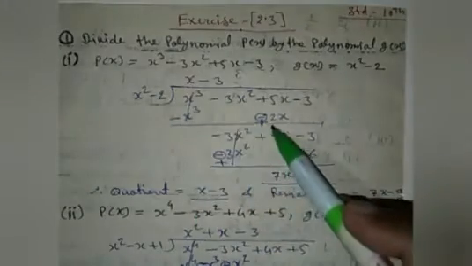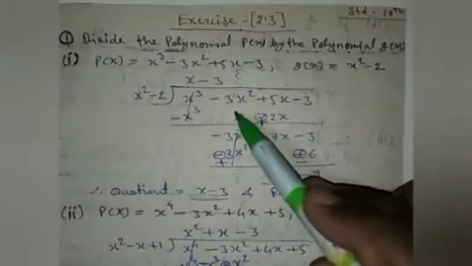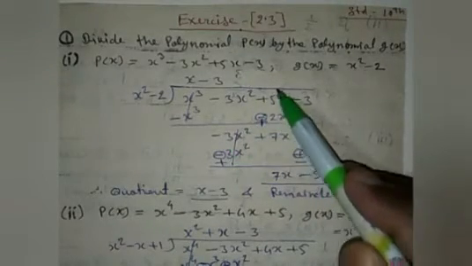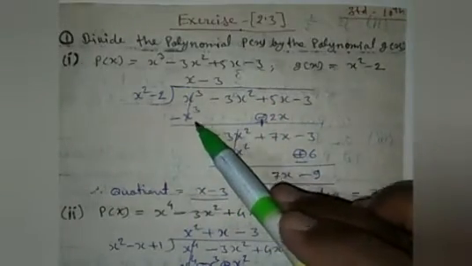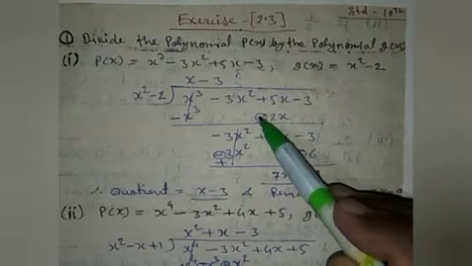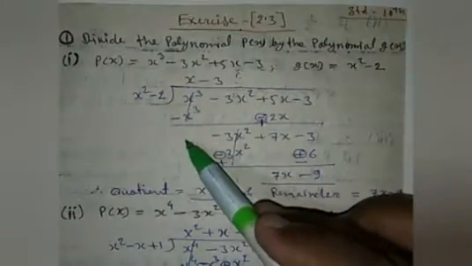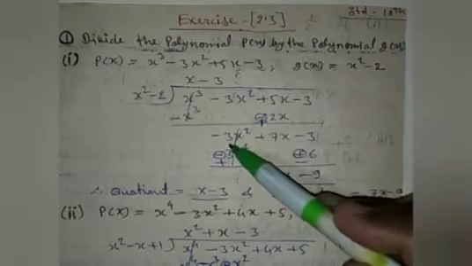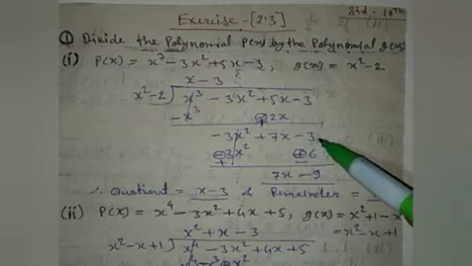So here you have to write down the term below the like term. Here 3x square is present, so you do not write the 2x there. You have to write down 2x below the 5x. Then you have to subtract, so the signs will be changed. Minus becomes plus, and minus stays as it is. So x cube minus x cube is cancelled out. The minus 3x square is copied down, because there is no other term of x square, so it stays the same. And here 5x plus 2x will be 7x, and minus 3 is as it is.